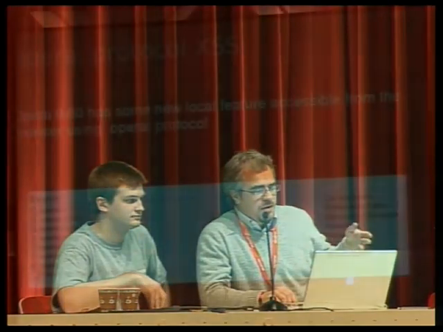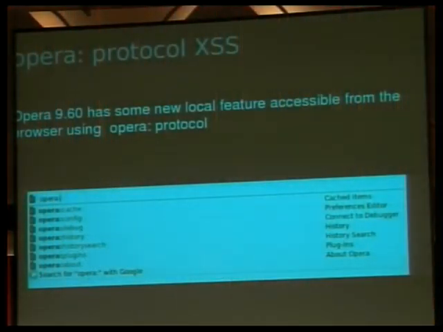Just two words about the Opera exploitation, which was researched a couple of months ago. It's about Opera 9.6.0. The problem was that it was thought to be unexploitable because it was in the Opera history search, but